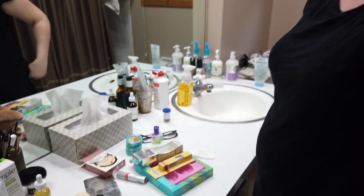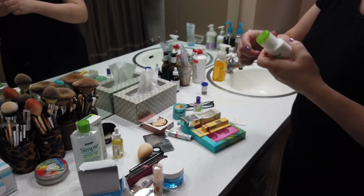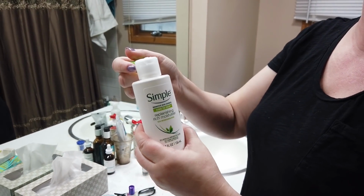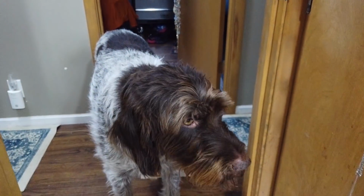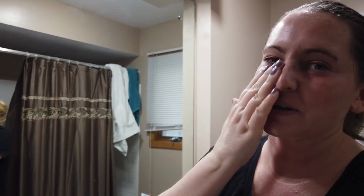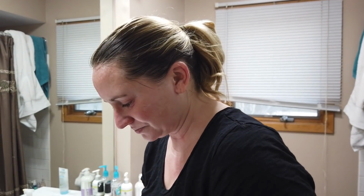I think I'm going to use the lightest moisturizer I have, which is also from the Simple brand. Maybe you can hear Ike in the background. He's not very happy. He didn't get to go on any trips today. And normally gets to go on at least one ride, but it was Easter today, so he had to stay home and hang out by himself. Well, with Lincoln, but